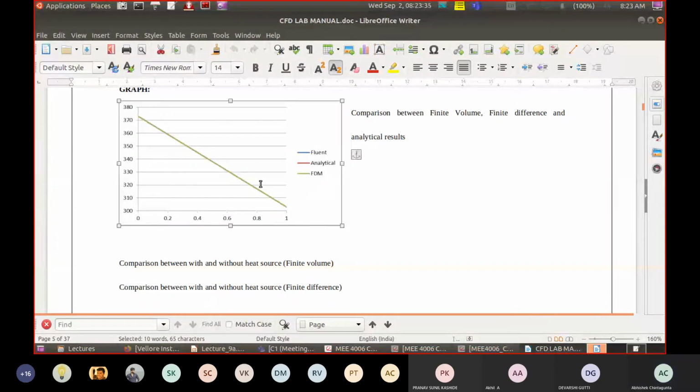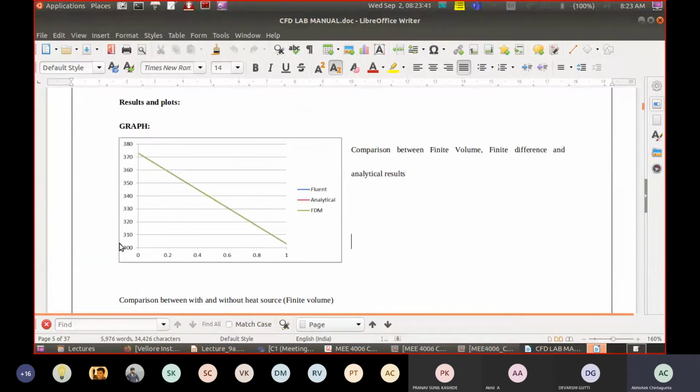You give a nice caption and you have to label the axis. Here I would cut marks for people. What is on x-axis, what is on y-axis? No one knows, right? So even if you look at this plot after 1 month, you will not understand what is x, what is y. So you have to write x-axis is x in meters, or x in centimeters, or x in millimeters, and units are very important. Y, it's temperature in Kelvin.